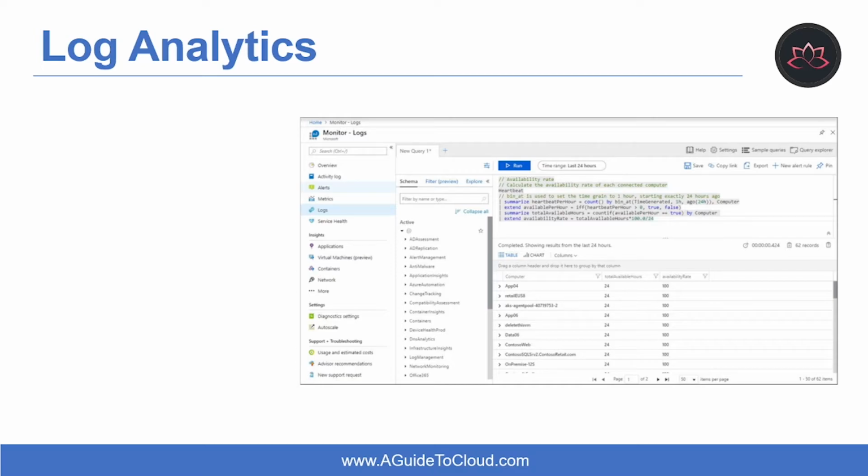Let's look at some of the areas in Azure Monitor where you will use these queries. First, let's look at alert rules. Alert rules proactively identify issues from data in your workspace. Each alert rule is based on a log search that is automatically run at regular intervals. The results are inspected to determine if an alert should be created.